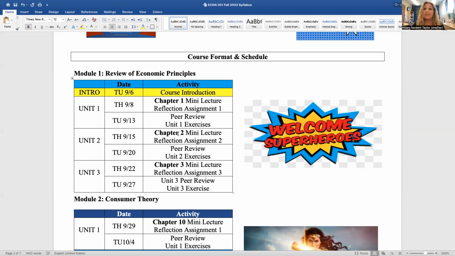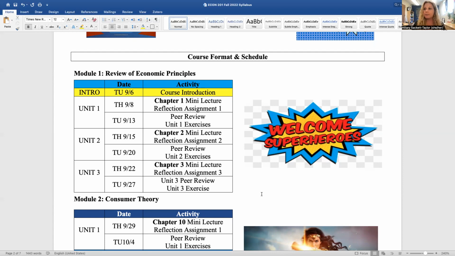I really love consistency here. So you'll see that my weeks don't go from Tuesday to Thursday, but instead they go from Thursday to Tuesday. And that's to give you enough time between those 2 classes to work on the associated assignments for that week. So the first module is a review of our economic principles broken into 3 units, which will approximately take the